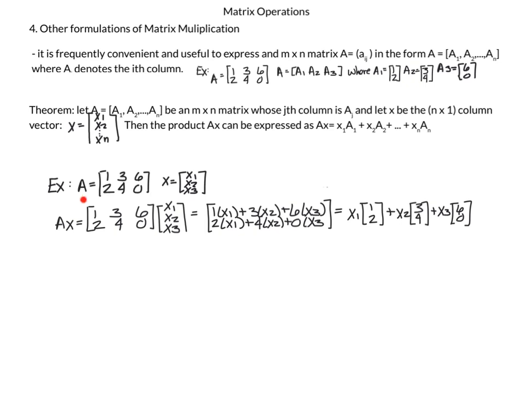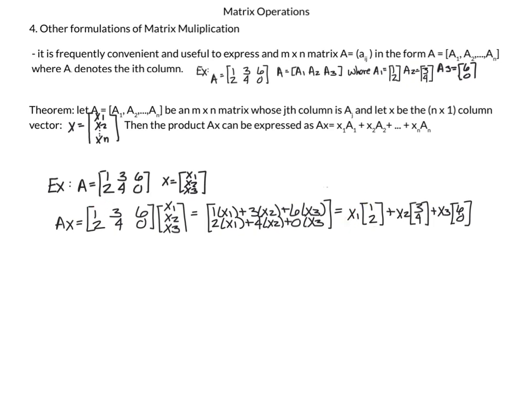So for example, if A is again our matrix with columns 1, 2; 3, 4; 6, 0, and x is equal to x1, x2, x3, then Ax, which I have done the multiplication out right over here, would be x1 plus 3x2 plus 6x3, and then for the second row, that would be 2 times x1, 4 times x2 plus 0x3. This is equal to, if you look at this, x1 times the first